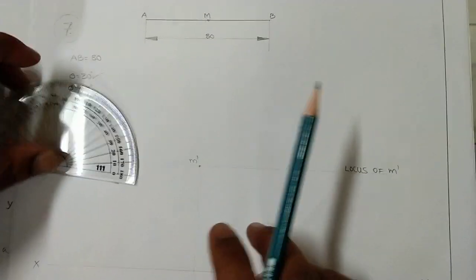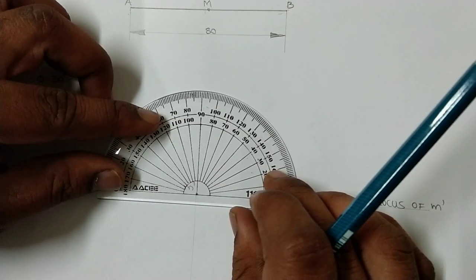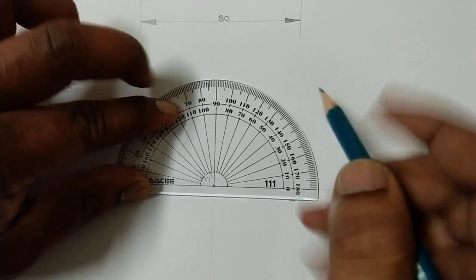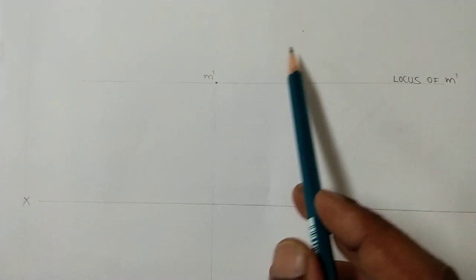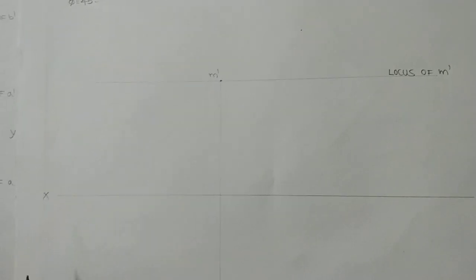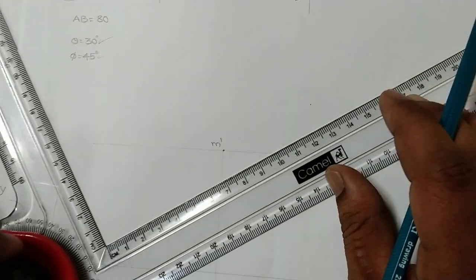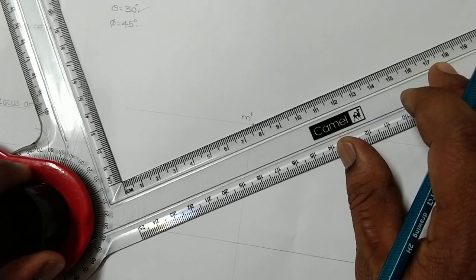So here we should use protractor carefully, don't use mini drafter because that is having some minor errors. So with the help of protractor I can mark 30 degrees here. Yes, here I have marked a point with 30 degrees, with the help of protractor. Don't use mini drafter for the purpose of marking this one, because mini drafter is having minor errors. Use protractor carefully. And next here we can set the drafter with these particular 2 points, that is m dash to 30 degrees particular point.